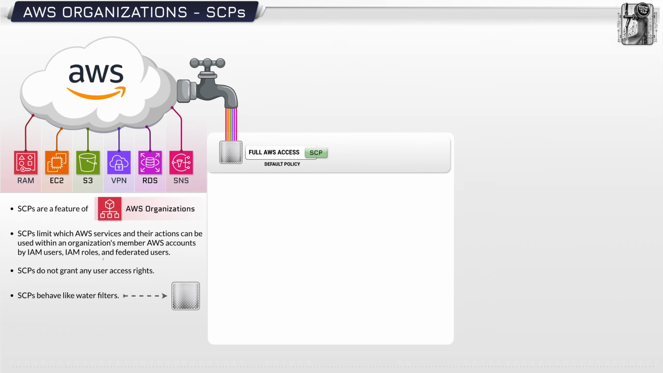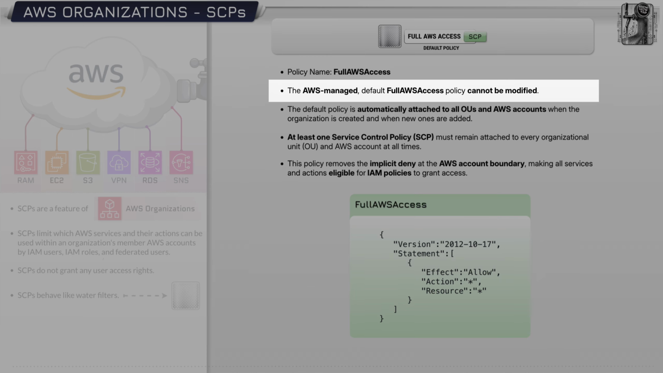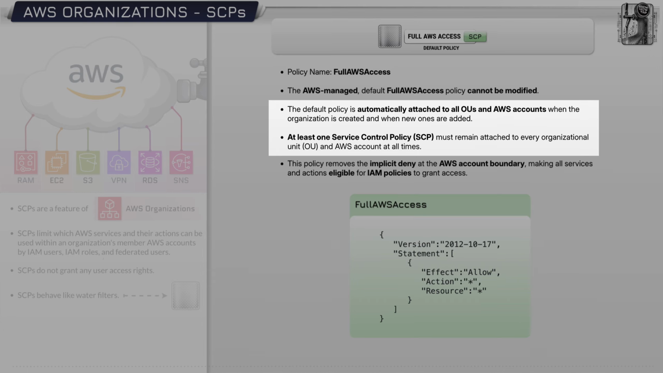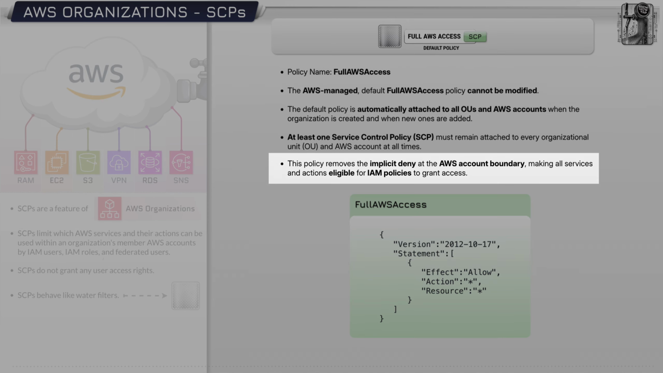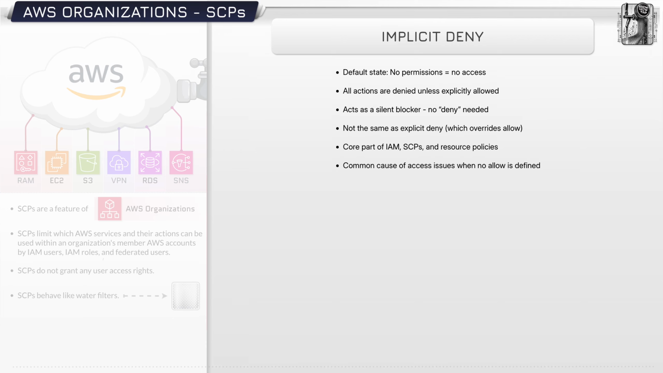Out of the box, we get a single SCP, the default policy called FullAWSAccess. It effectively allows everything, it sets no limits, and it cannot be edited. When working inside of AWS Organizations, at least one SCP must be attached to every object, which includes AWS accounts and OUs. And this policy also helps to overcome the concept of implicit deny, which is something that you have